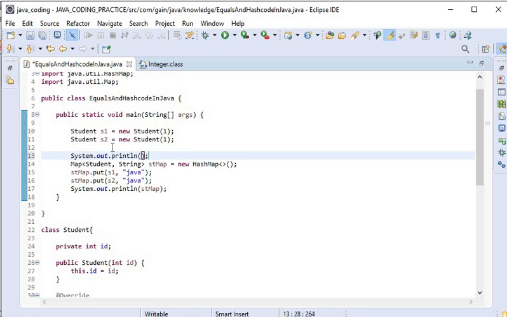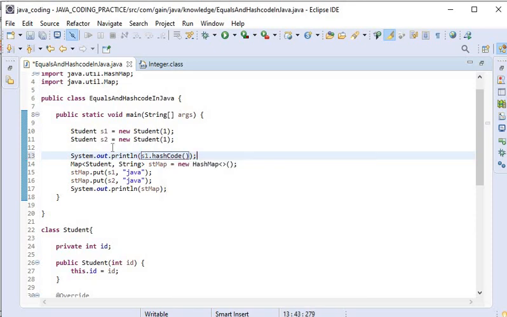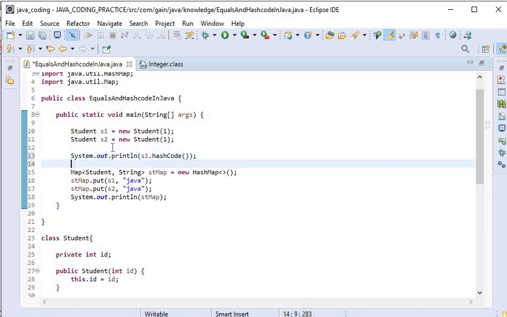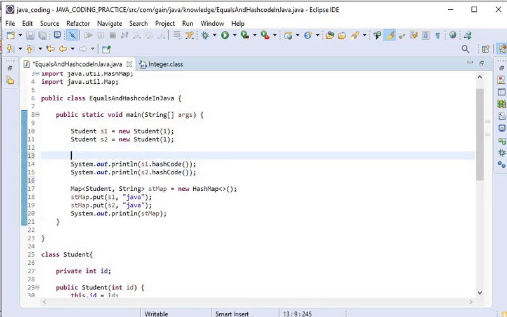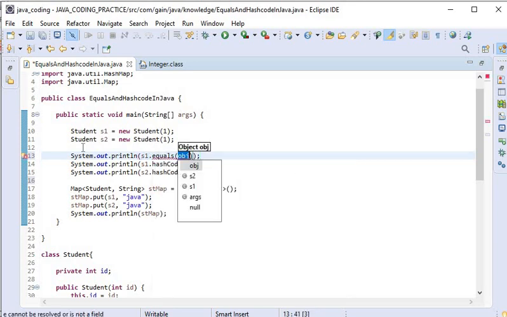s1.hashCode, s2.hashCode, and here we can use sysout s1.equals(s2).